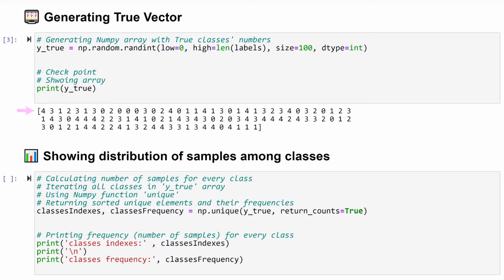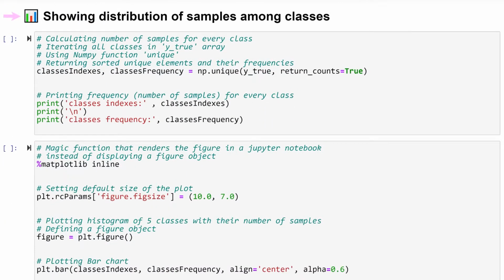Okay, let's continue. In the next cell, we print distribution of samples among classes for our imaginary dataset. To calculate number of images for every class, we use NumPy function np.unique. As argument, we pass yTrue NumPy array that includes classes numbers.